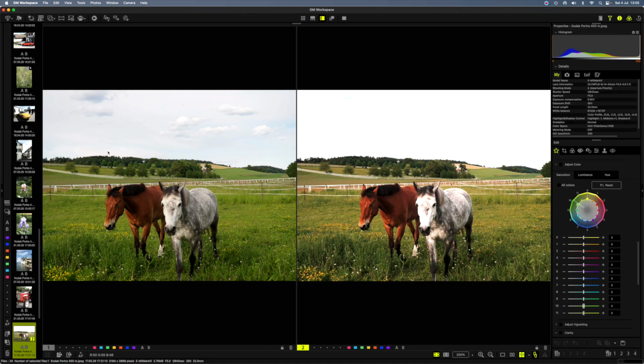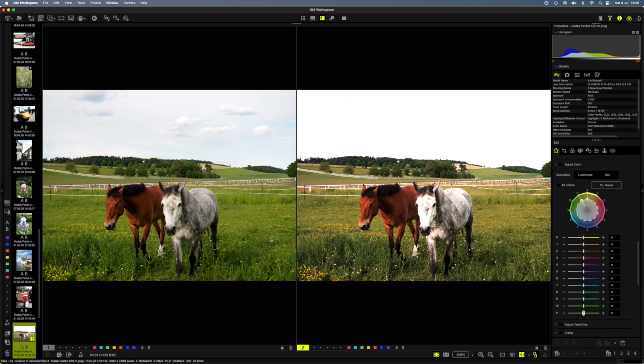So on the left-hand side we have the natural picture mode, and on the right-hand side we have the color profile from DxOMark, the Porta 400 version of this image. When you look at these images, look at the sky on the left and look at the sky on the right. Is it the color profile that created this, or was there an exposure adjustment when I applied the Kodak Porta 400 with the film pack?